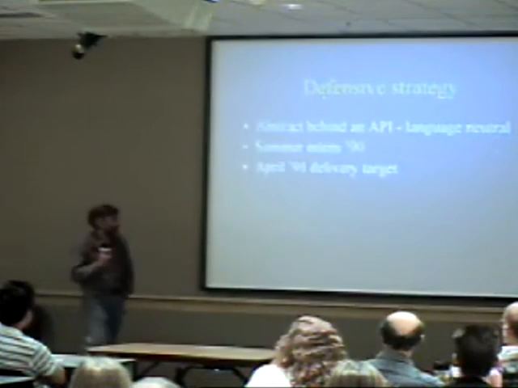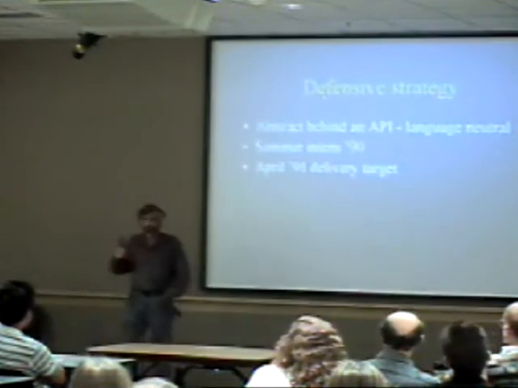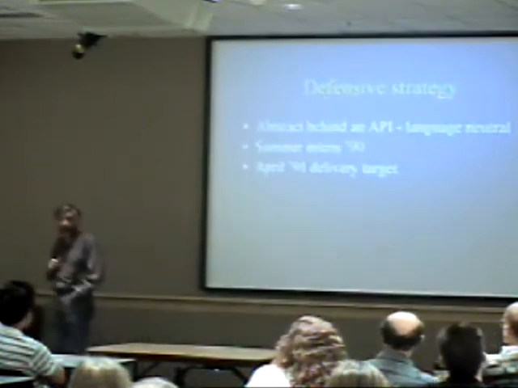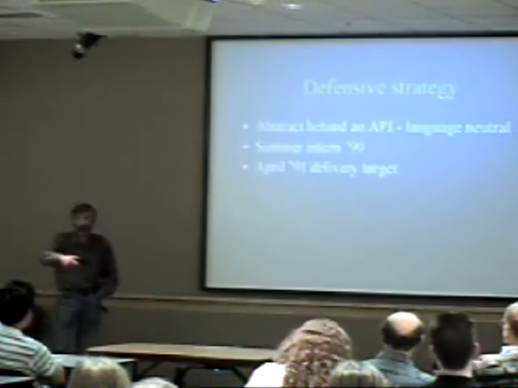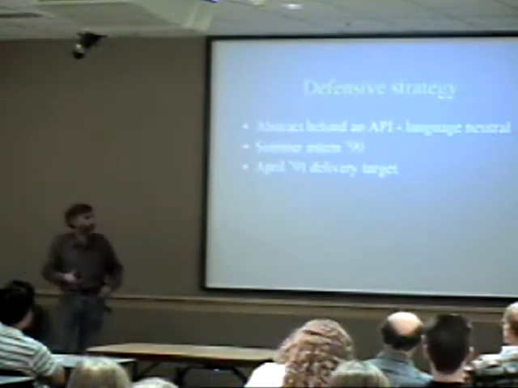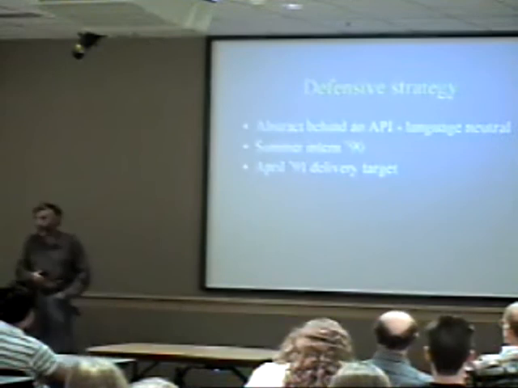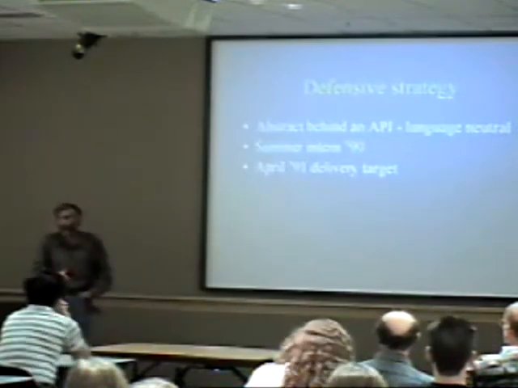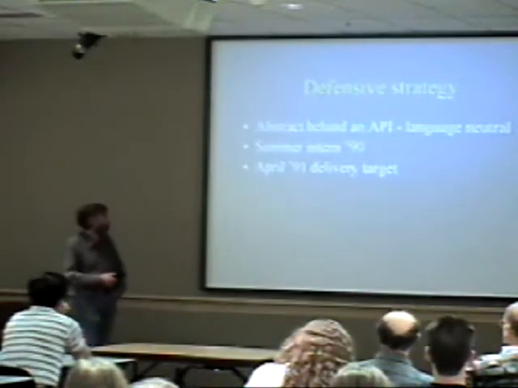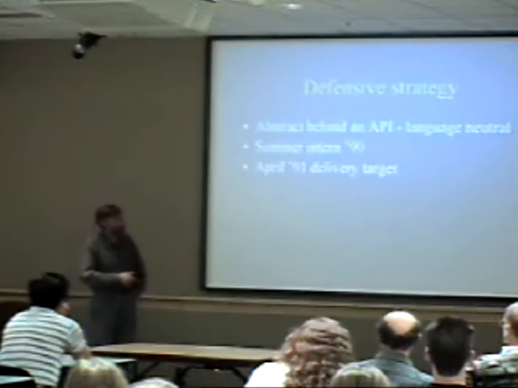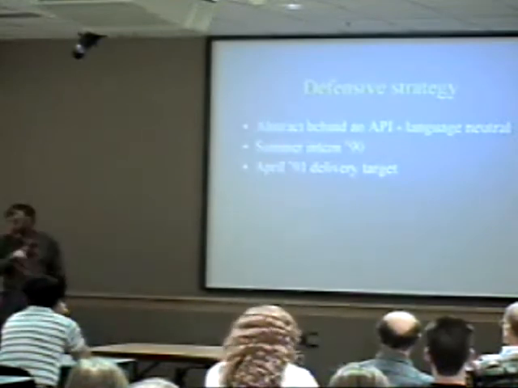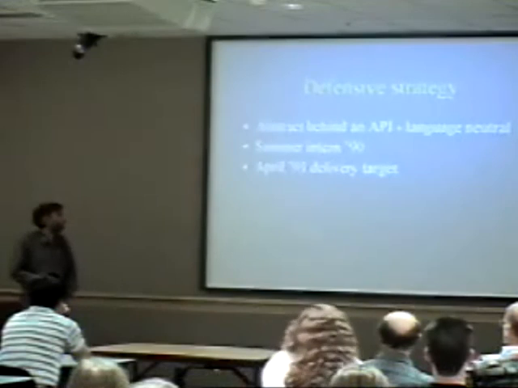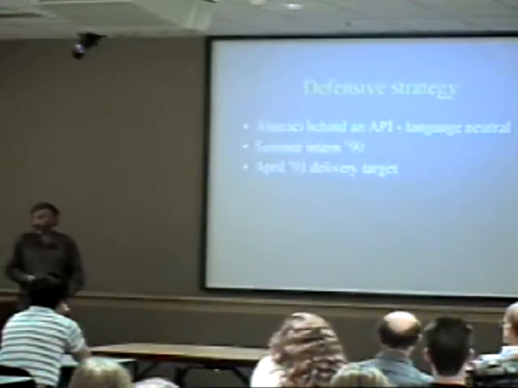So I took a defensive strategy that said, I don't know where that stuff's going. What I'll do is I'll define an API for how an application should talk to these, quote, objects that are being embedded. Very simplistic API. So that I can put something radically different behind that API later. Nobody believed that this was a good thing to do. So I got a summer intern to prototype it and show it to people. And people started to see it then. They started to understand it.